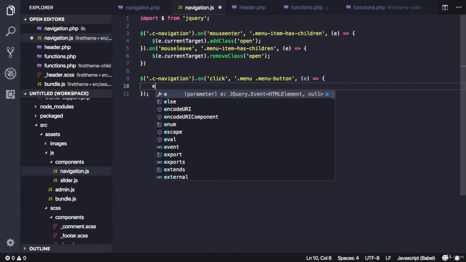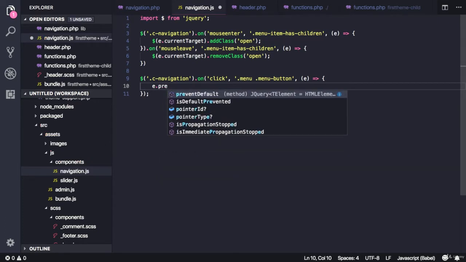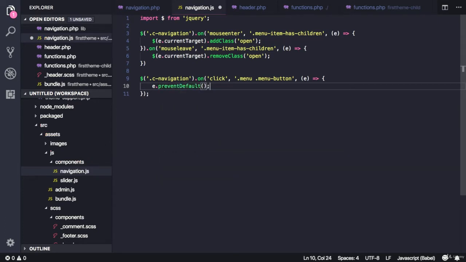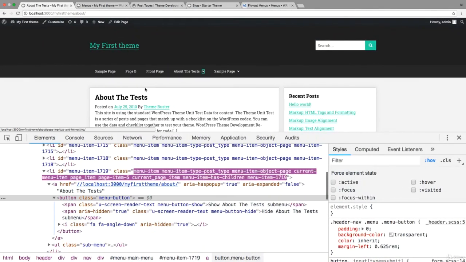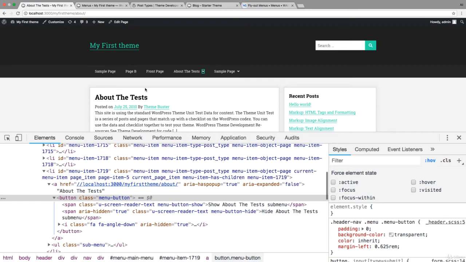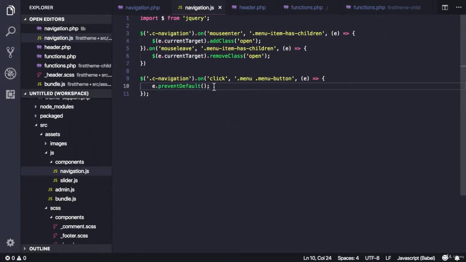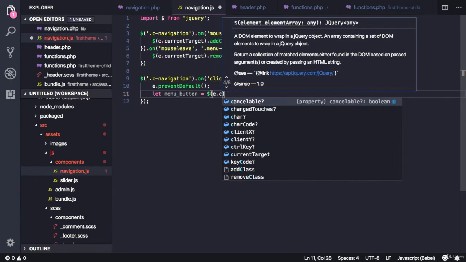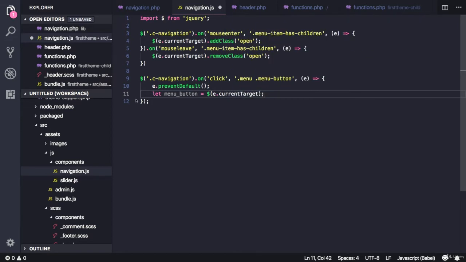So to do that, you can call e.preventDefault, and this will prevent any default behaviors so that we can write our own logic. So now if we focus on the button and click enter, nothing will happen. So we can now start typing our logic. So let's define some variables. Let's define a variable called menuButton, and this will be the e.currentTarget. So menuButton will be the actual button which we clicked on, and let's define menuLink,